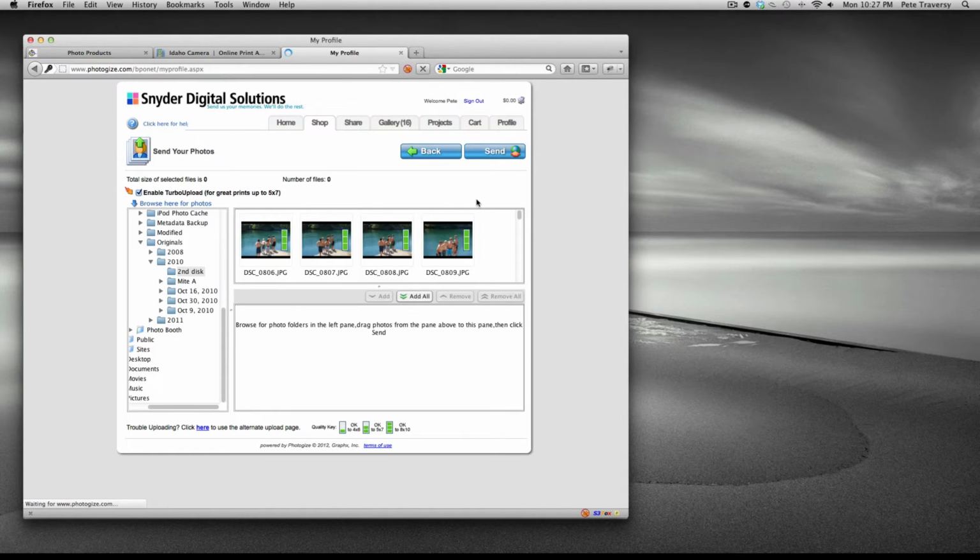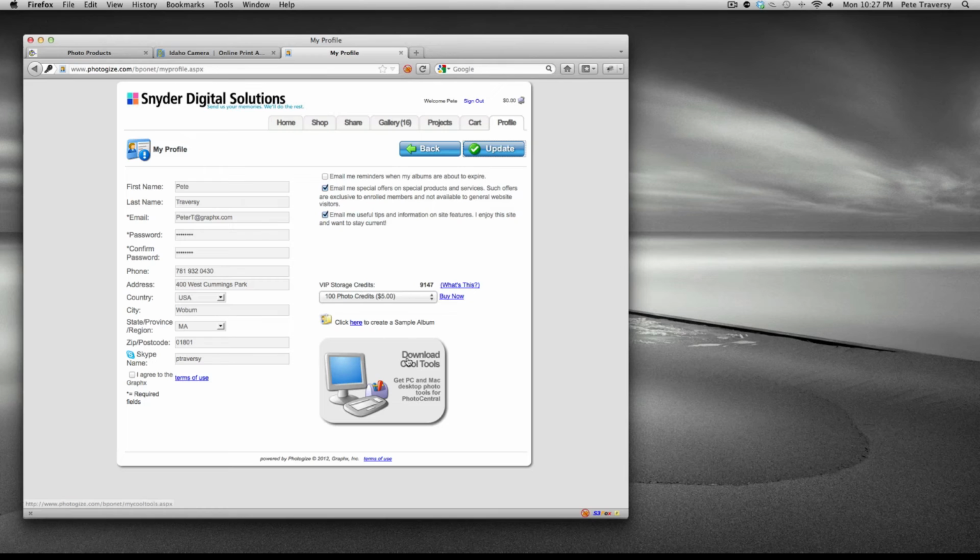go back to our profile page. If you sign in, you'll see Download Cool Tools. This is the place where you can get the PhotoCentral plugin for iPhoto. It's on the profile page if you sign in. So you've got to tell your customers to sign in. But once they've done that,